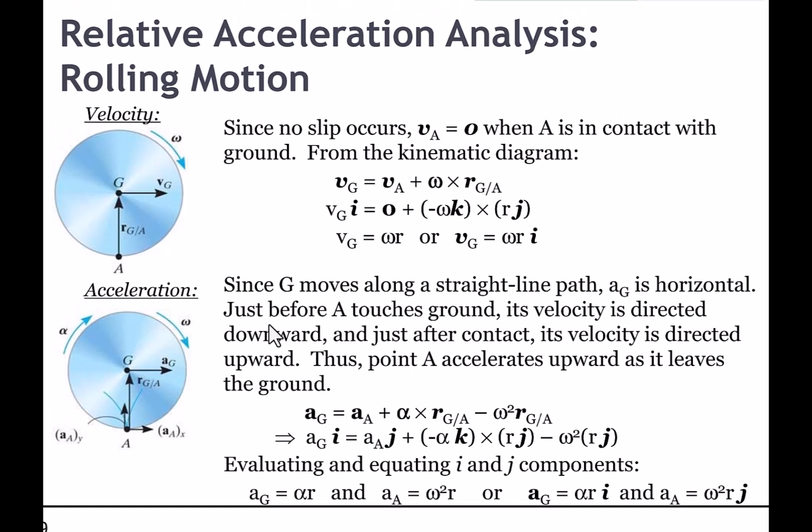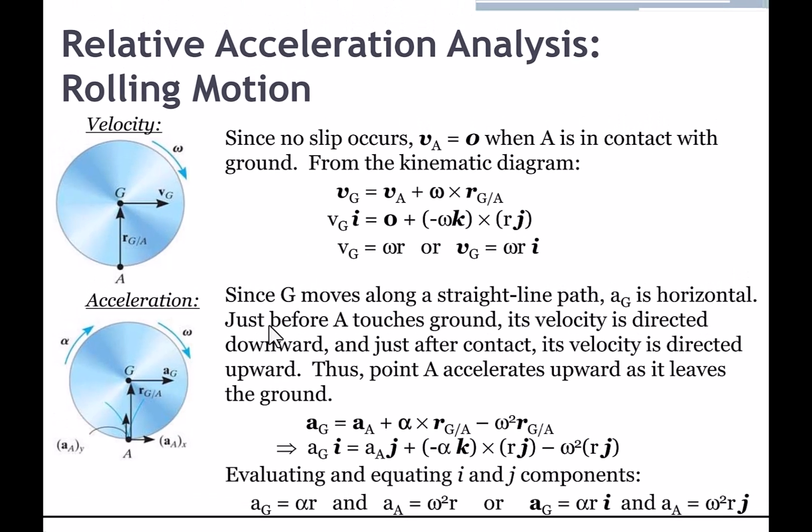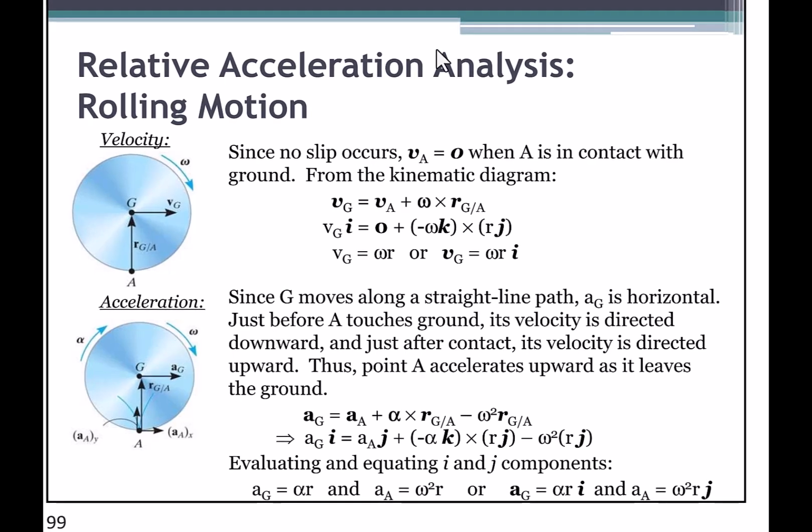Let's look at the velocity equations, then the acceleration equations. Since no slip occurs, the velocity of point A is zero. It is fixed with respect to the ground. So this is what it means to have no slip. The ground is fixed, so this point on the wheel, the disk, is fixed. So this is 0 when A is in contact with the ground. From the kinematic equation, I know V_G is equal to V_A, which is 0 of course because of no slip,